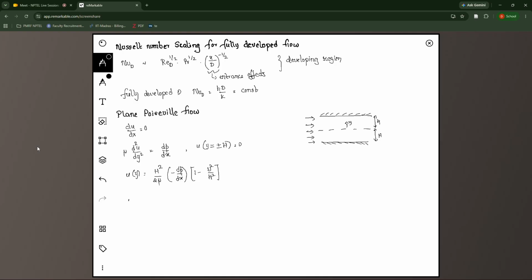And from this we can also calculate the mean velocity, which is defined as the integral of u of y. So for the mean velocity you have to integrate across y from minus h to h, which gives us, so from this we can rewrite this as,